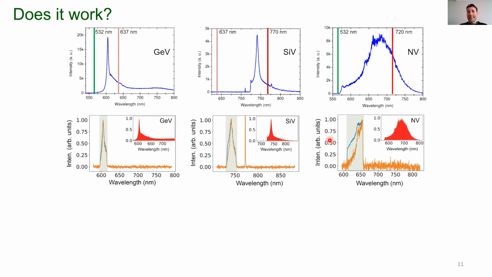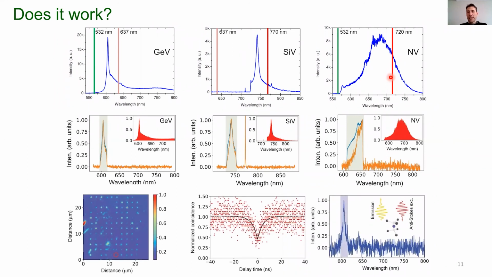So this anti-Stokes excitation process, where we excite the color centers with longer wavelength, is between 10 and 100 times less efficient than a regular excitation, as you expect, because as I mentioned earlier, we need to be lucky enough that on top of having our light exciting the center, we need to pick up a phonon from the crystalline lattice. However, as inefficient as it might seem, this is efficient enough that we can do anti-Stokes excitation of a single